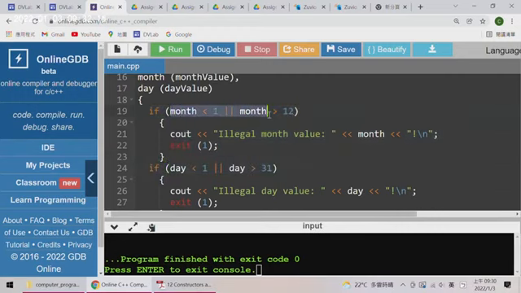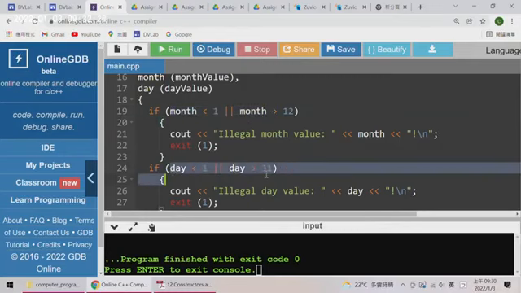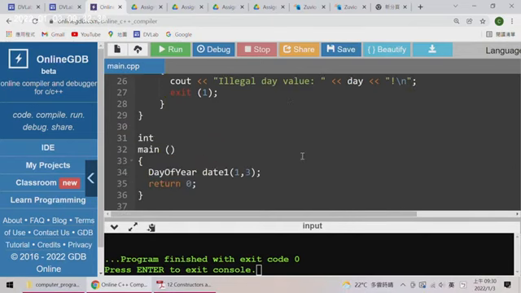The months should be within the legal range of months, which is between 1 and 12, while the legal range of day is between 1 and 31. So if I